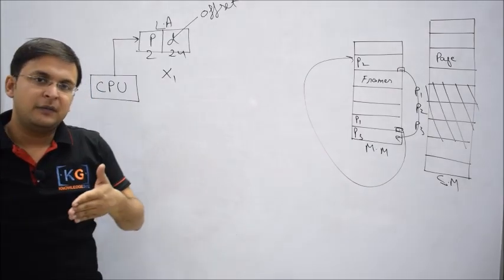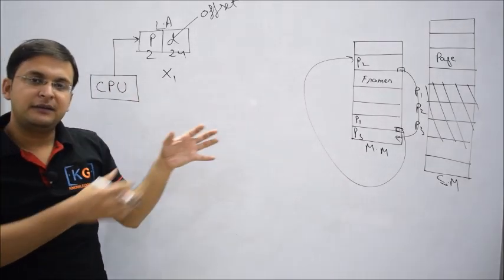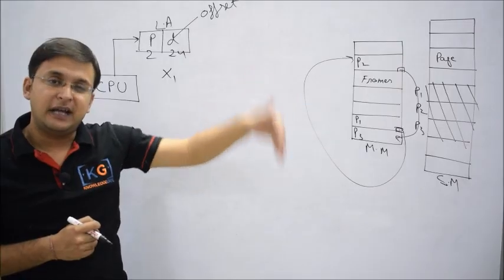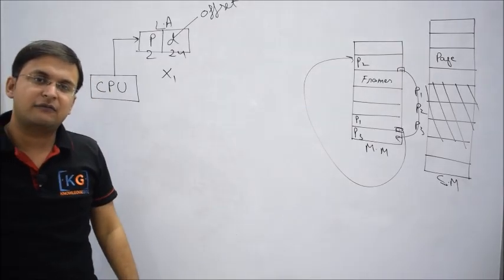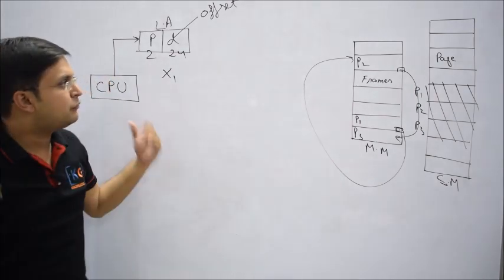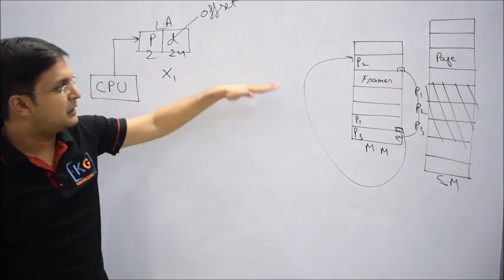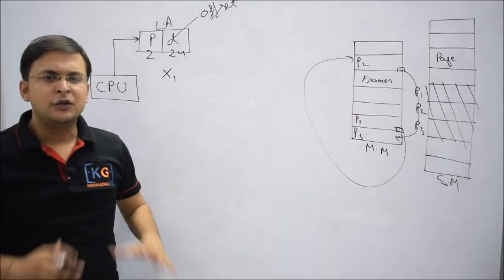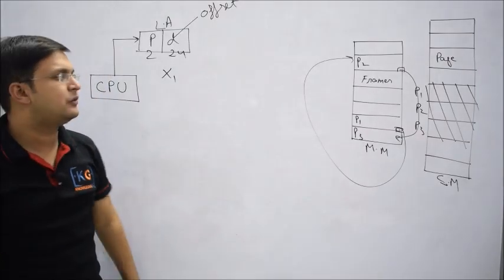Why is it so? Because if you want to access the nth node, for example, then the address of the nth node contains what? n-1, and then for n-1 you have to come for n-2, again you have to start from the beginning. So if I want to access page number 200, what should I do? I should go for page number 1, then page number 2, and that way I must go till page number 200. So imagine the access will be very slow. Now you understand two conclusions of the story.